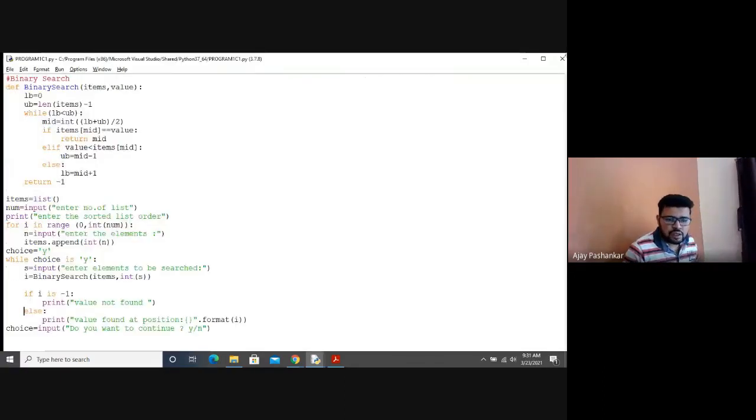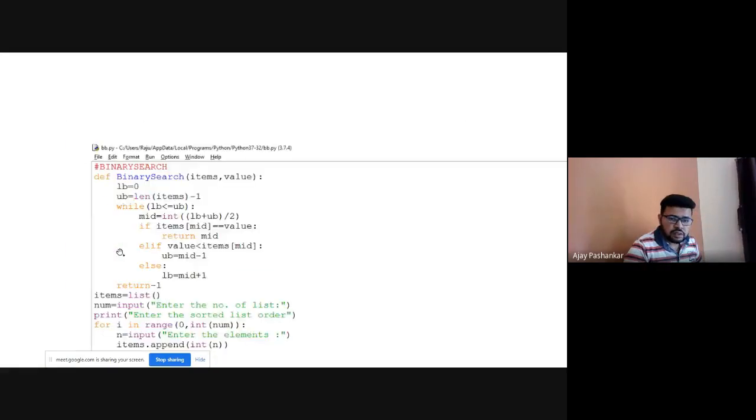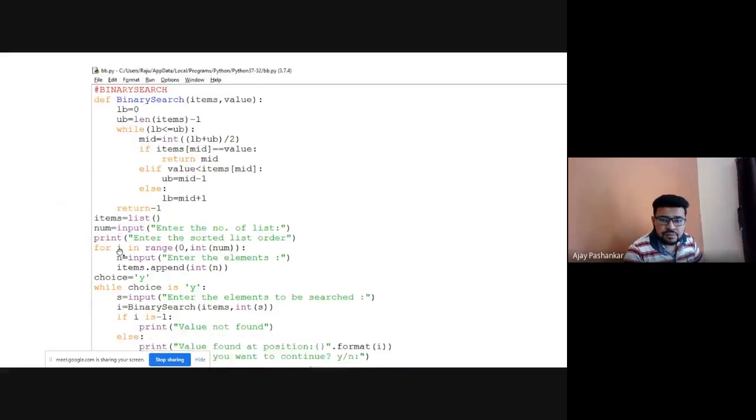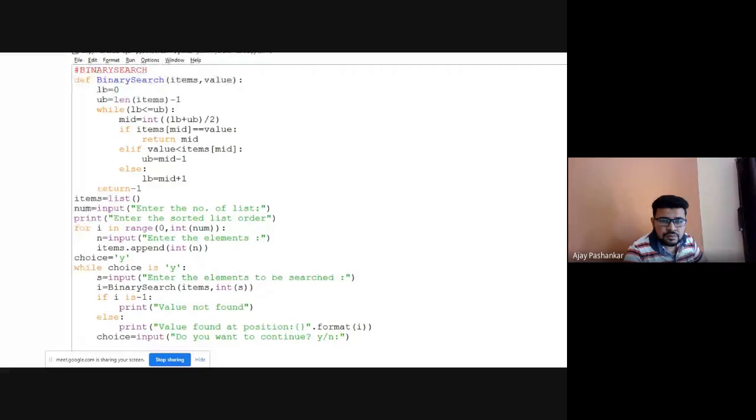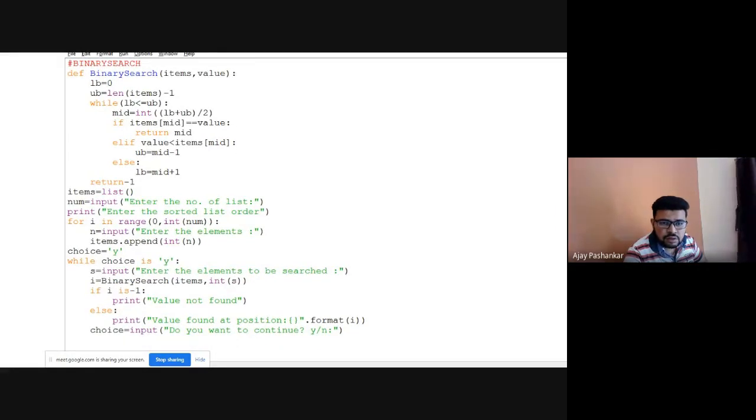Still showing value not found. So binary search items comma s. Can you just track that mistake? Referring this manual. Don't see anything.